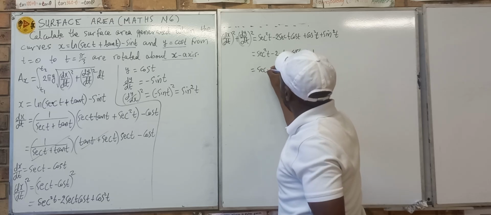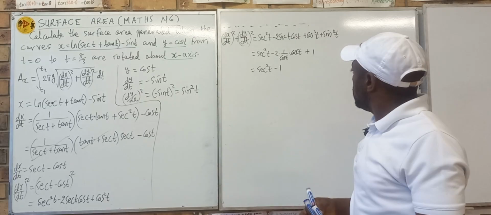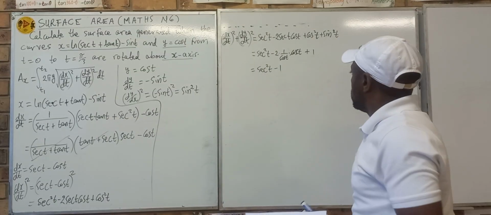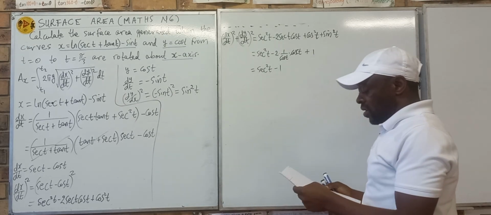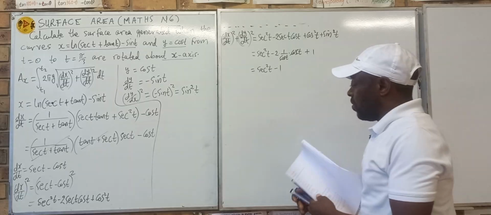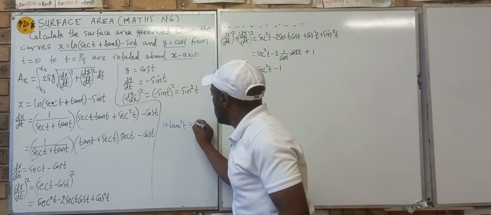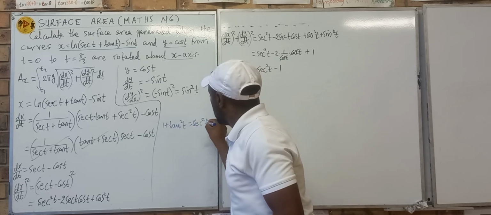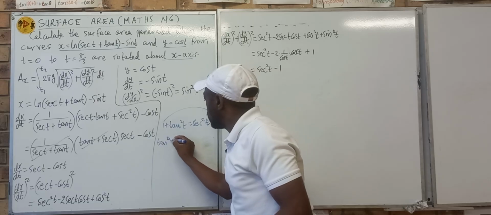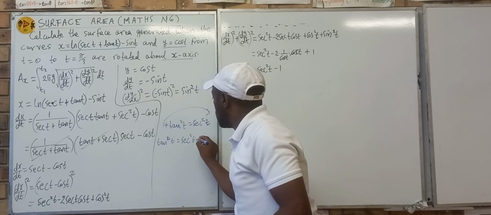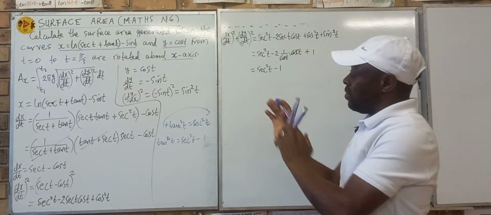So I'm having sec squared t minus 1. So that is what I have. Then I will check from page 1 whether there is a formula that can handle sec squared t minus 1. On my formula sheet, page number 1, formula number 2, I see that 1 plus tan squared t is sec squared t. So that means if this one crosses over, you will see that tan squared t is what gives us sec squared t minus 1. So you see the way I'm busy with my formula sheet whenever I'm dealing with